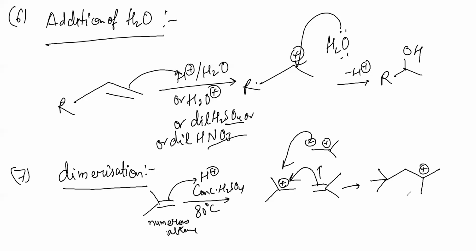Ask immediately. Then to this plus, one more compound with a double bond can come and attack. So it can be polymerization as well. But generally it is observed that it results in dimerization only, because of hindrance. So what happens next?